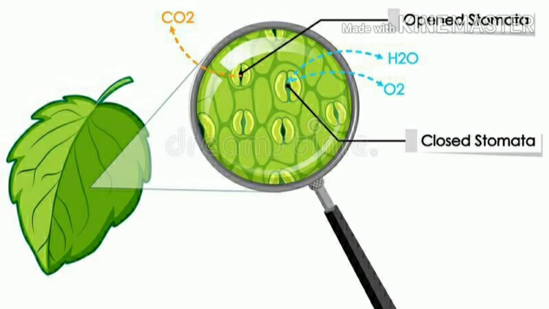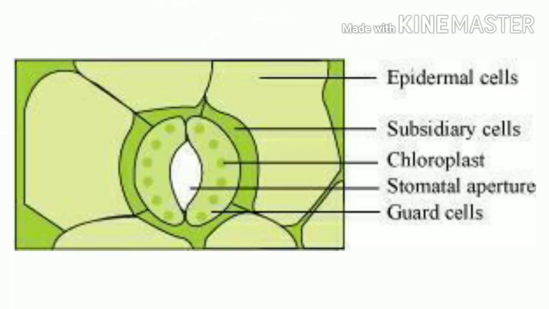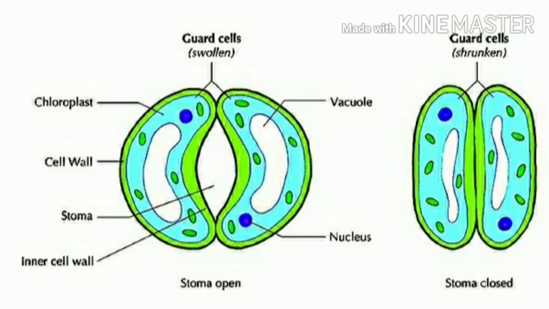The leaves have pore-like structures called stomata all over their epidermis. These stomata regulate the process of transpiration and gaseous exchange. Each stoma, as you know, is composed of two bean-shaped cells called guard cells, which enclose the stomatal pore. Guard cells possess chloroplasts and also help in photosynthesis. Their main function is to aid in opening and closing of the stomatal pore.